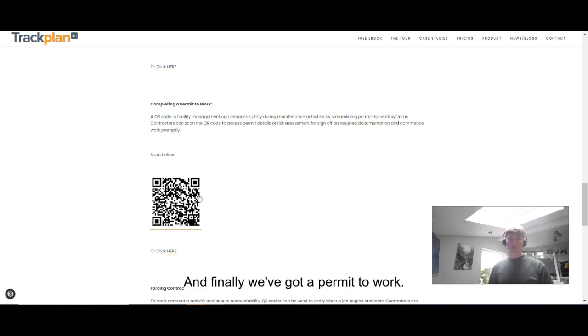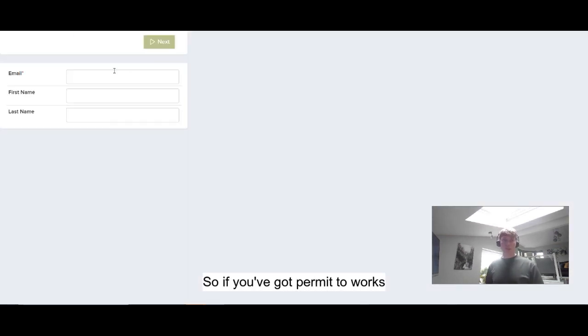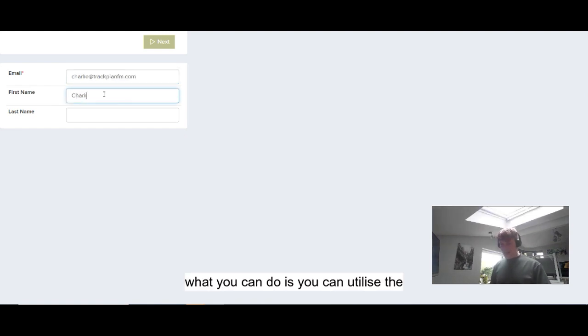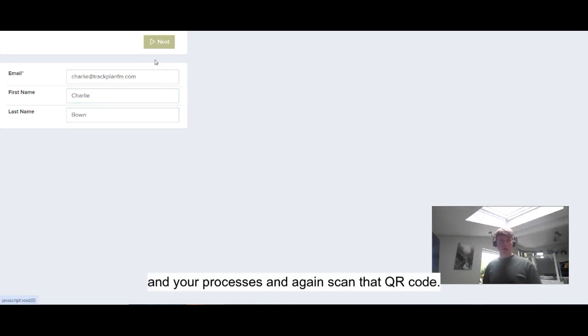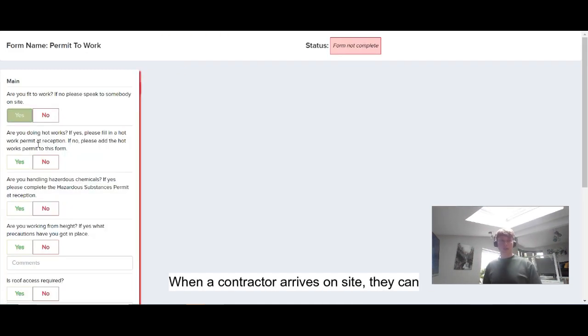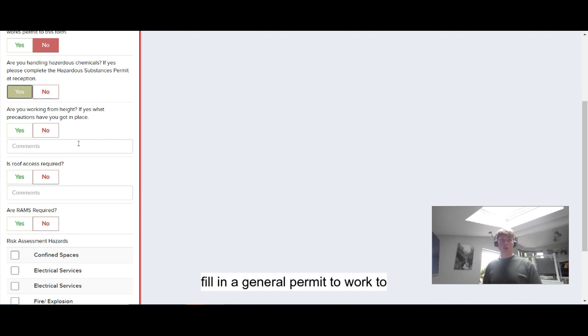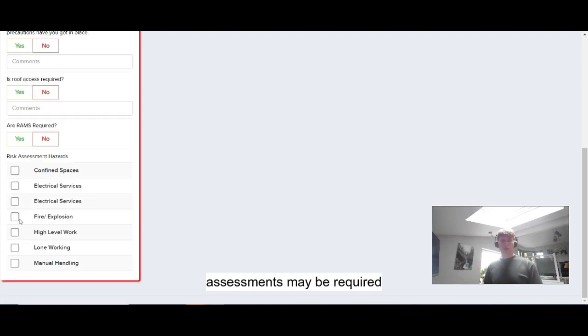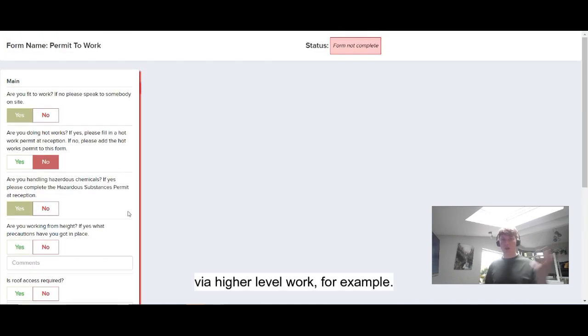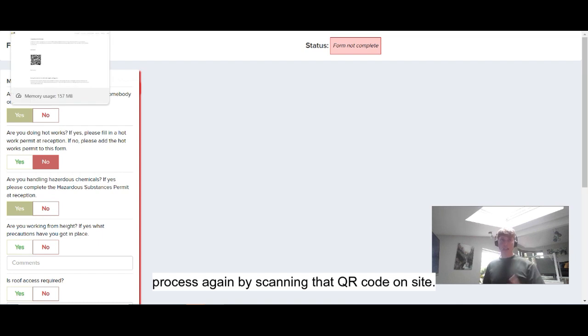Finally, we've got a permit to work. If you've got a permit to work process within your organization, you can utilize the forms in line with your processes, and again scan that QR code when a contractor arrives on site. They can fill in a general permit to work to identify what risks and what risk assessments may be required via higher level work, for example, and then from there you can manage that process again by scanning that QR